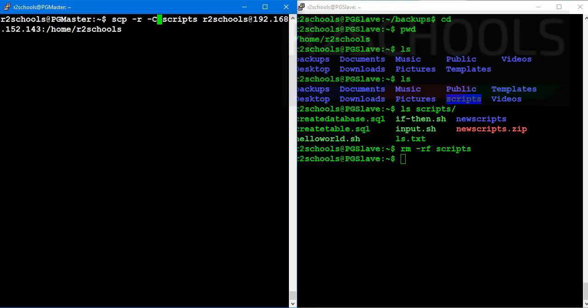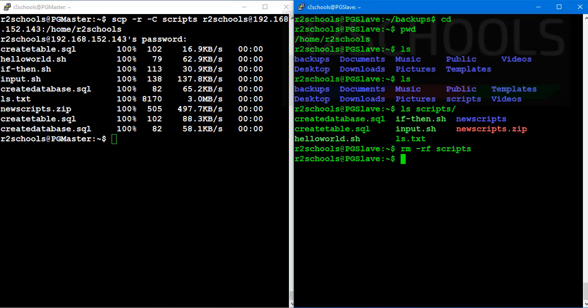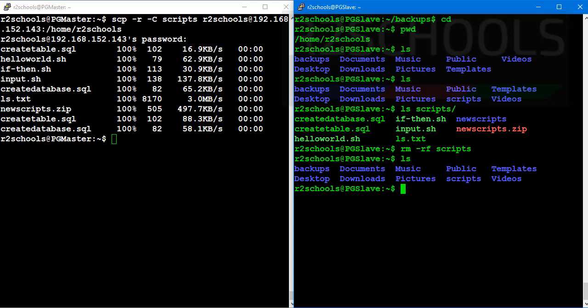Here in my case it will take less time because the size of the directory is small, but in production, dev, UAT or QA servers, sizes are larger. So in that case, if you want to copy faster, we have to use -C. Press enter, then provide the password. See, the file has been copied.